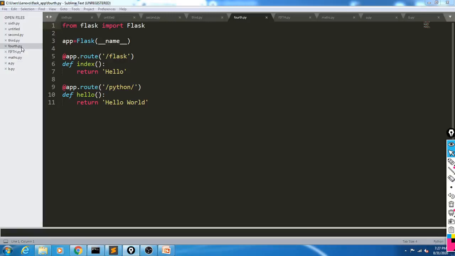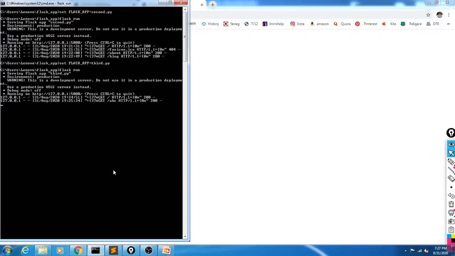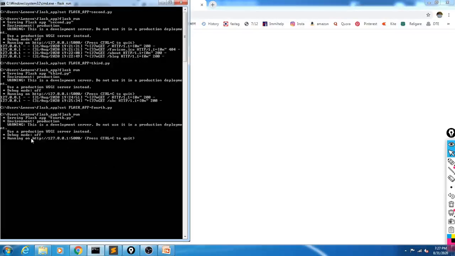The name of the script is fourth.py and we will see how it affects. So first right here, assign the Flask application with fourth.py. Okay, then execute it by using flask run. It returns the URL. So copy this URL within the browser.